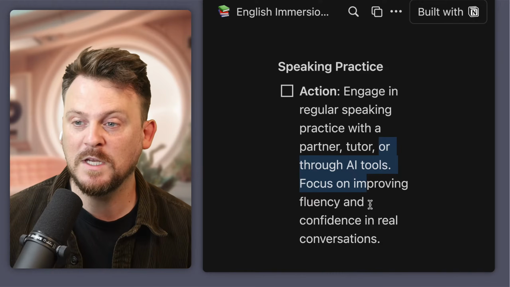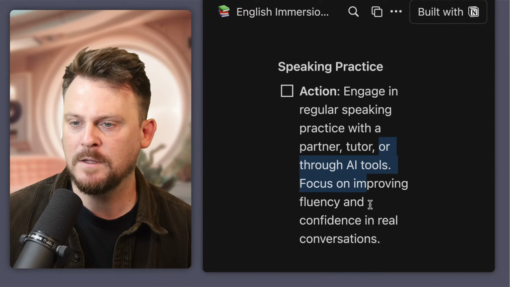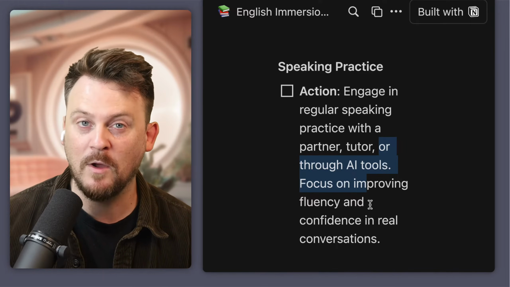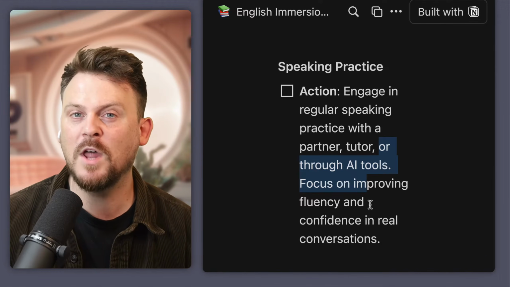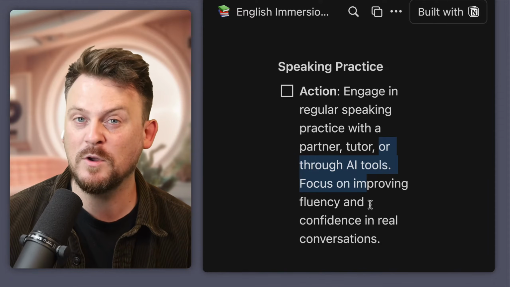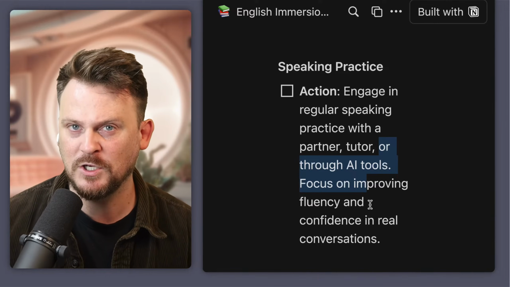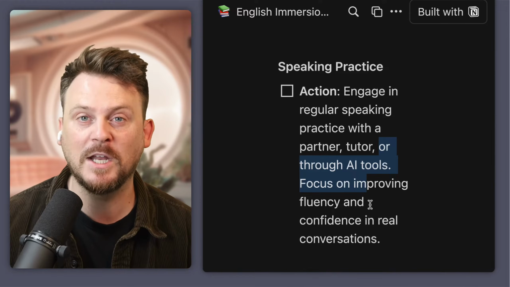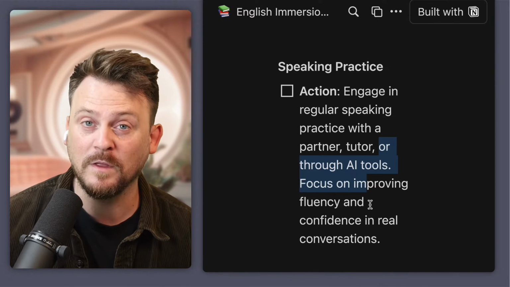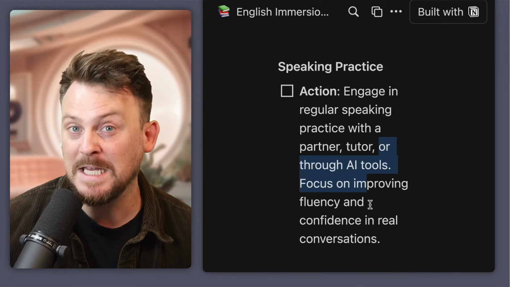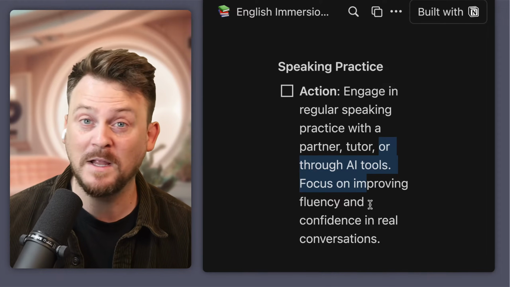There's no excuse if you're using ChatGPT, Character AI, Natural Fluency. There are so many AI tools you can use now to have infinite conversations. So there's no reason not to, right? It's so easy to do. And if you know the correct prompts to use, you can have a really good and useful conversation with, let's say, ChatGPT, which is the one I usually use. I probably talk back and forth to ChatGPT for at least 40 minutes every single day. Yes, it's part of my life now.